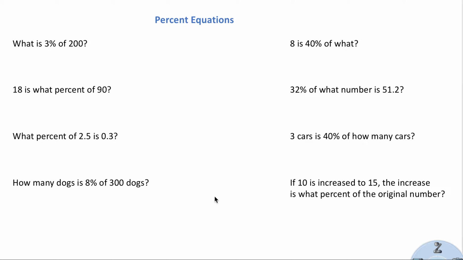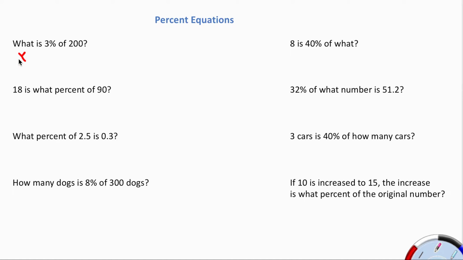The easiest way is just to read the sentence or the question and write it exactly in math terms as the English says, where the what is always going to be where you put your variable, your x or your n, is always an equal sign, and of is always a multiply. So I can translate this directly into,